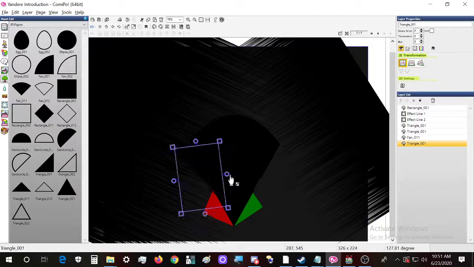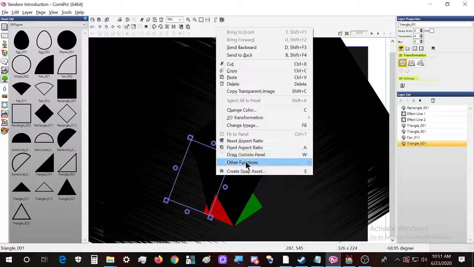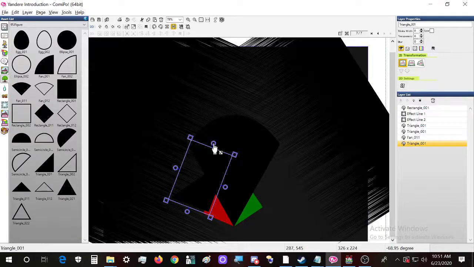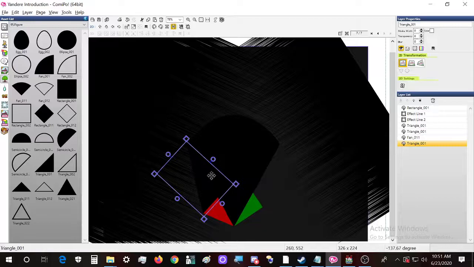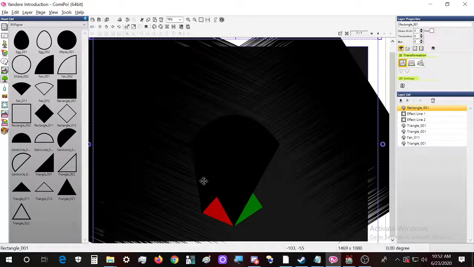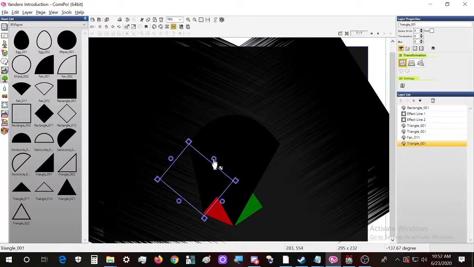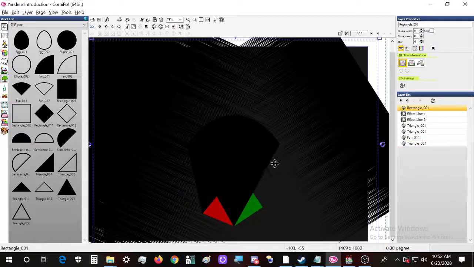Wait, actually the triangle should be like this. Other functions, horizontal, yes, and then it should cover the face, something like this. I always like using a certain software a bit more than I usually would. At least I would usually use. Okay,